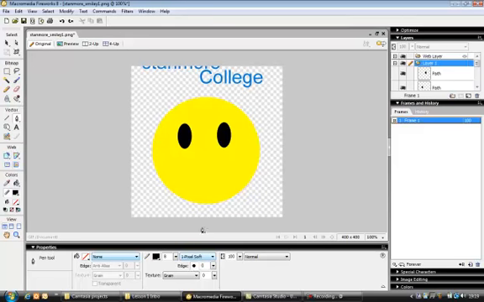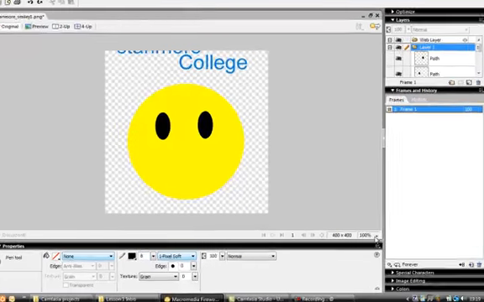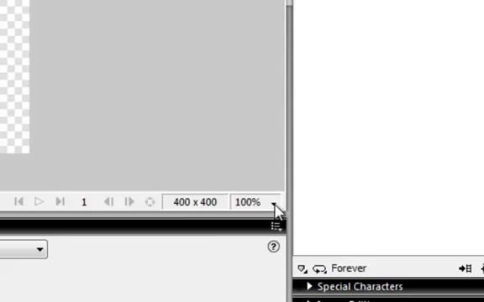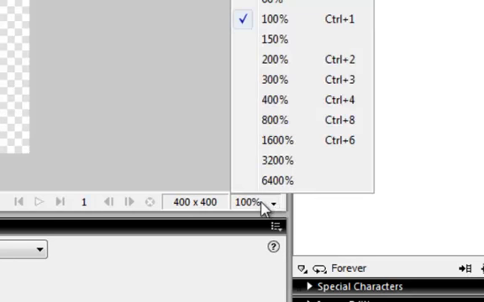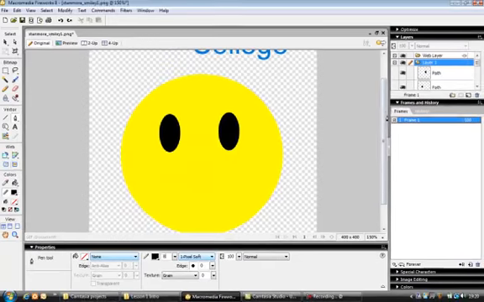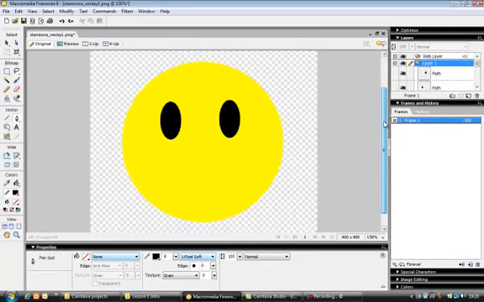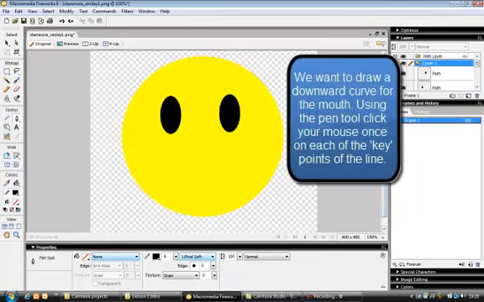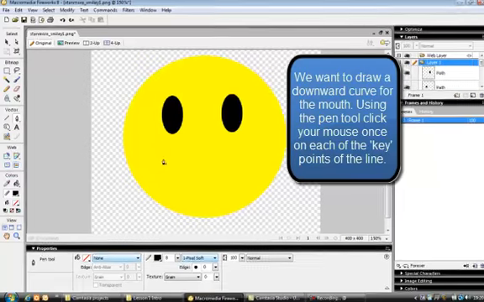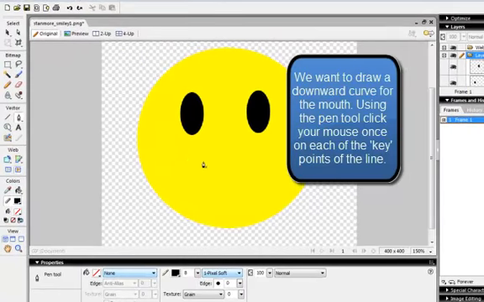The tool itself is pretty fiddly, and it can be quite awkward getting some lines on there, but it's going to get us near enough what we need here. I'm actually going to change the magnification, so if I click here and make it 150%, then I can see a little bit clearer what I'm going to do. So I've selected the pen tool. If you click your mouse, I want to get a curve going downwards, to give this sort of puzzled